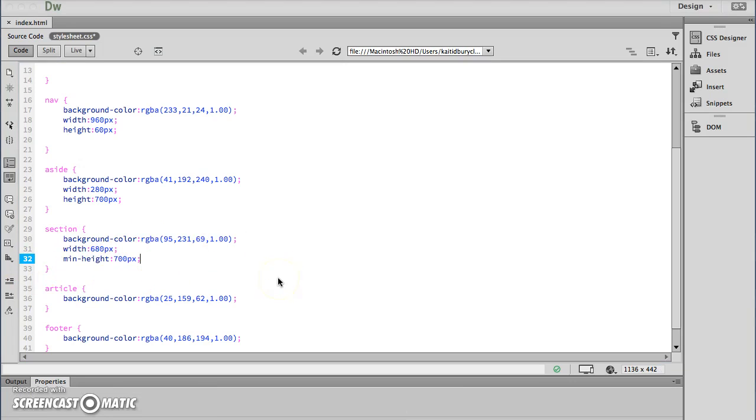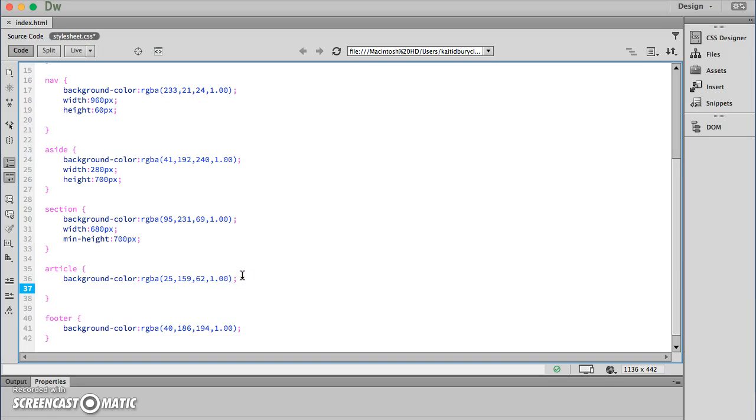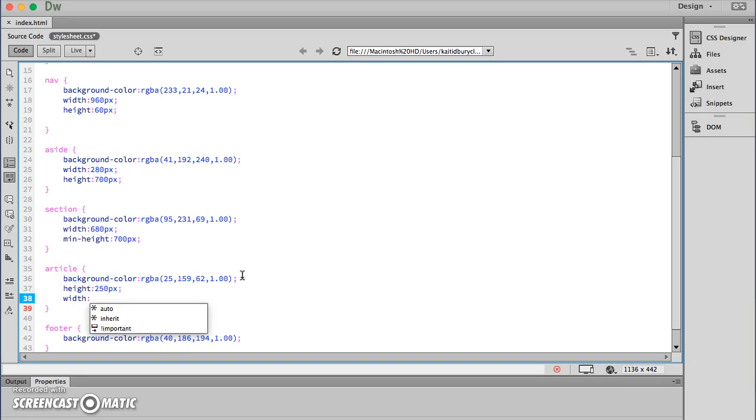Okay, so we have our minimum height, and the next thing we want to do is add the same height and width to our article sections. So again we give it a height, and we'll give this 250 pixels. Also give it a width of 600 pixels,